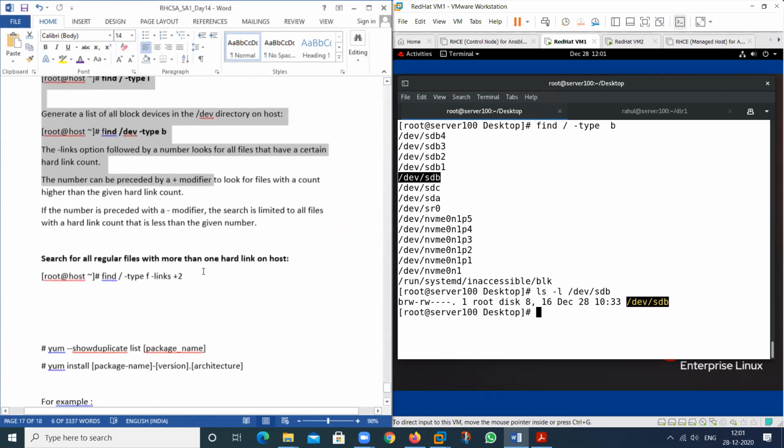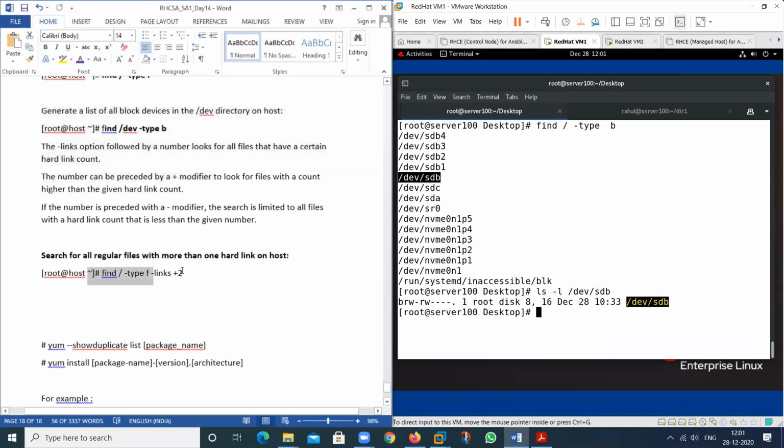You can also use this one if you want to search the hard link information, type -links +2. That is related to files that have more than 2 hard links. It means all the regular files with more than one hard link on the host.